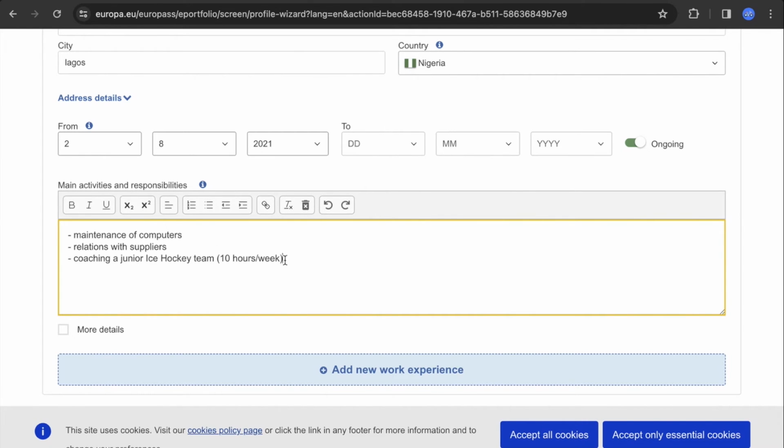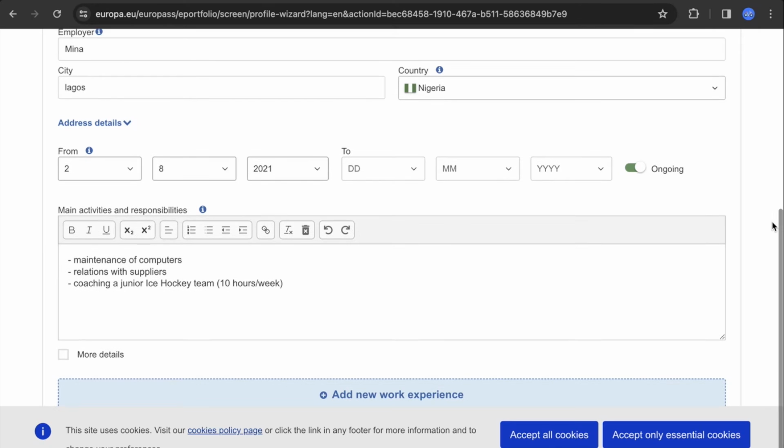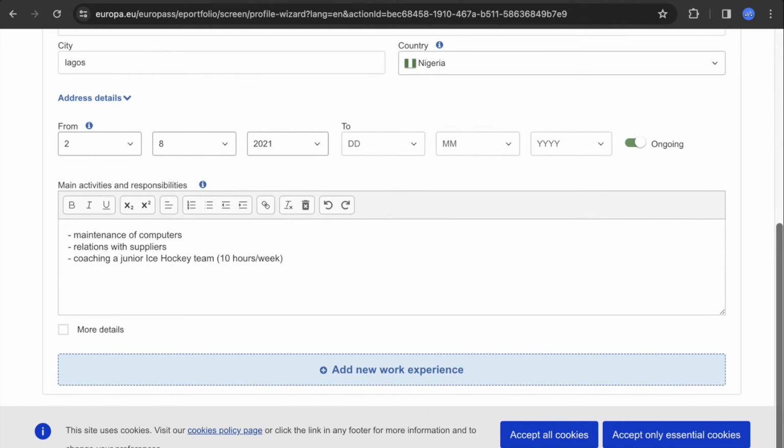So let me say I carried... okay. Let me just leave this one here, to be honest. I don't put anything, but you are going to put whatever you did in the company. So maybe, did you do research? Did you help, or contribute to the company's something? Just add it. I feel like we all know how to do that, so I don't want to waste